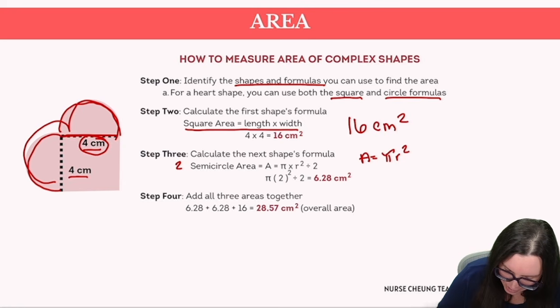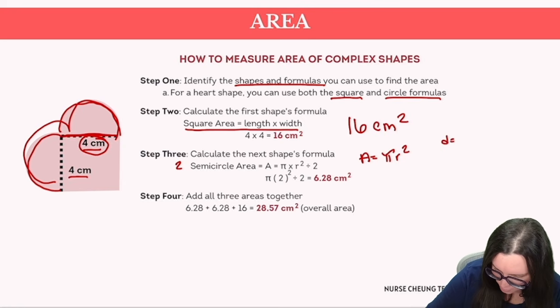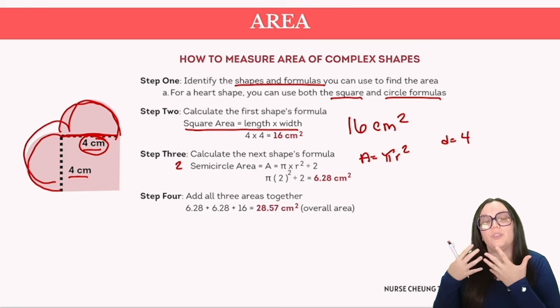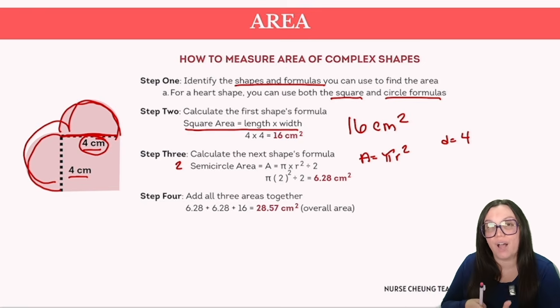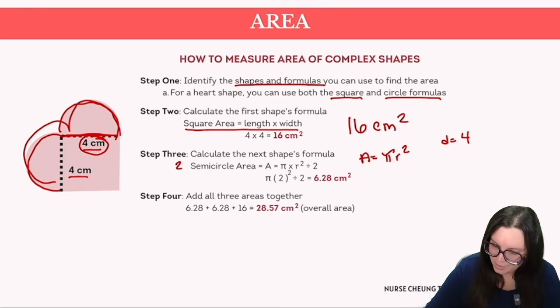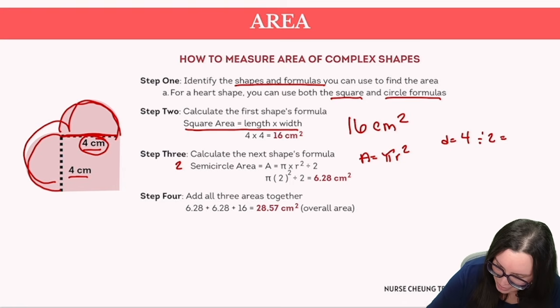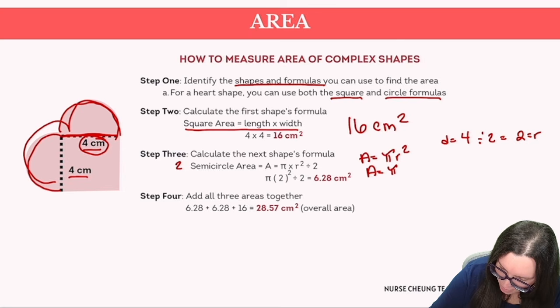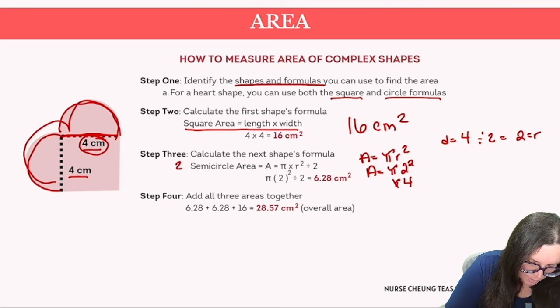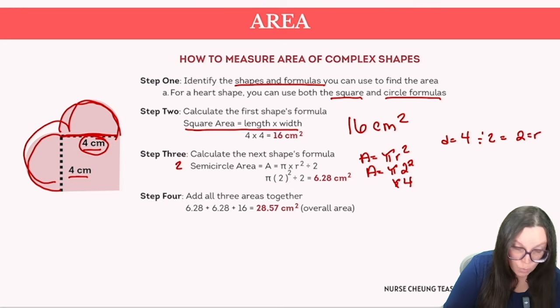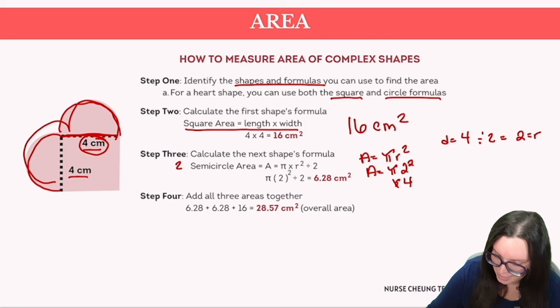So in this particular case, we know we have a diameter of 4, and we know that in order for us to determine the radius we have to divide that diameter by 2. So we're going to divide by 2, and that is going to give us 2 as our radius. So now we just need to plug it in. So A is equal to pi times 2 squared. We know that 2 squared is equal to 4. 4 times 3.14, which is the approximation of pi, is equal to